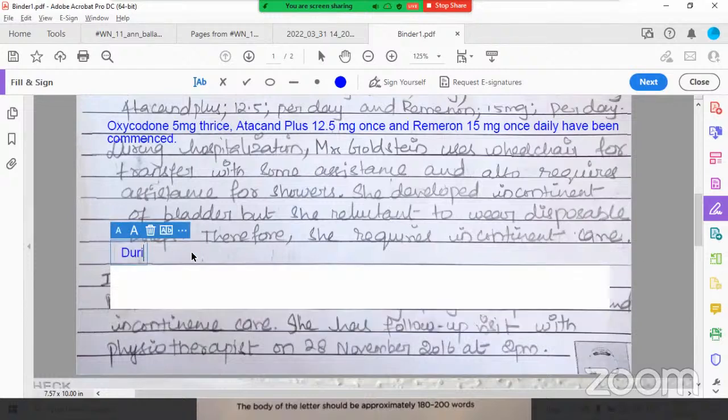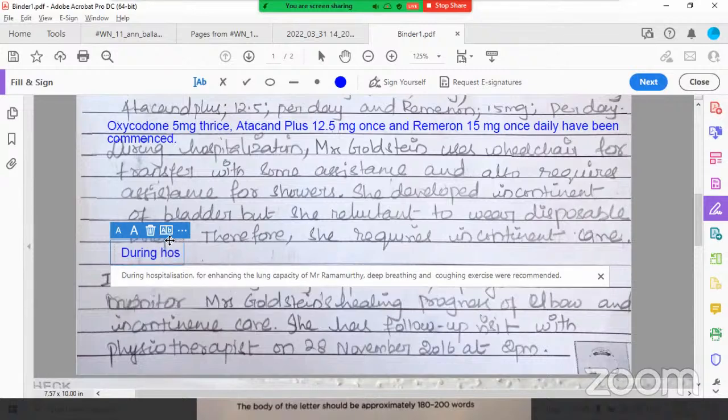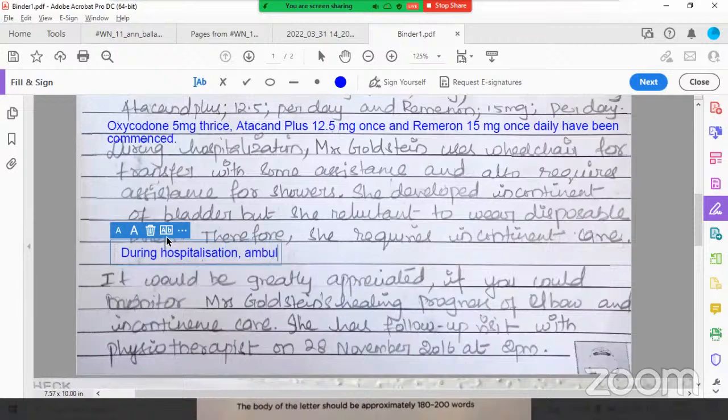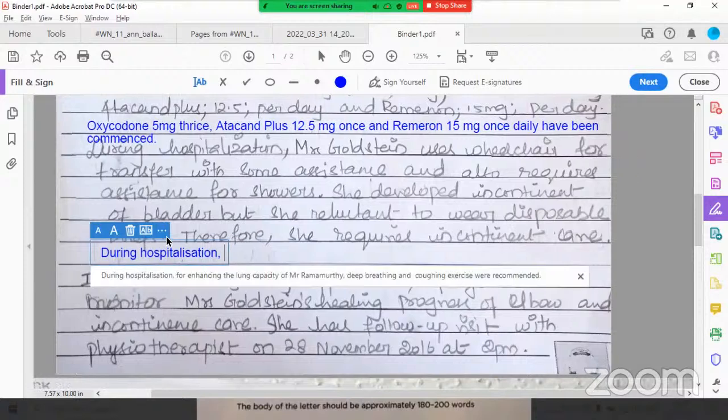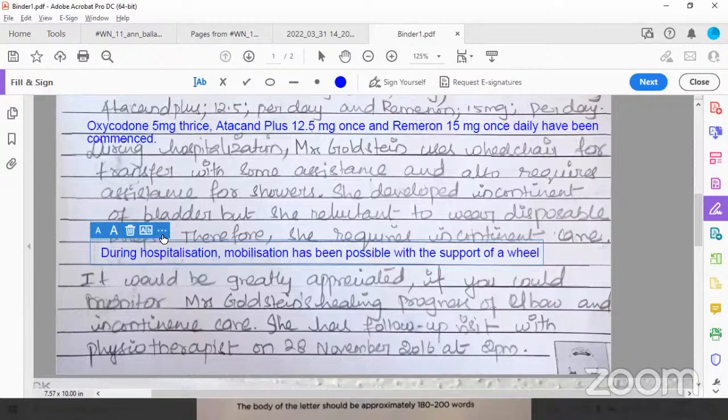During hospitalization, comma, ambulation or mobilization has been possible with the support of a wheelchair. Where is a? Whatever you want to write, you cannot write, my dear. A wheelchair. Mobilization has been possible with the support of a wheelchair